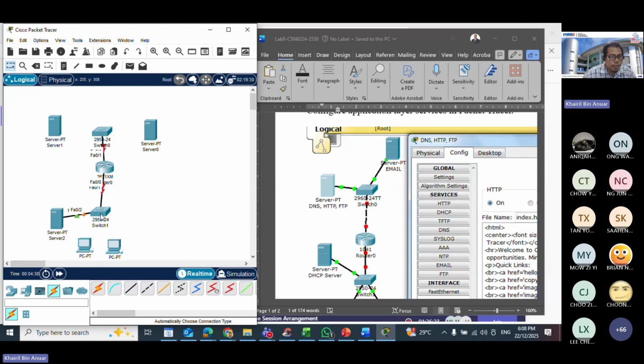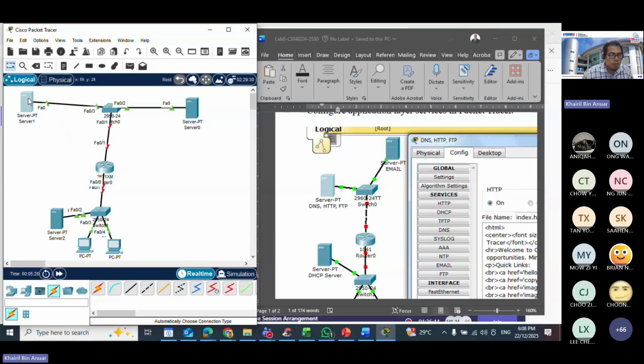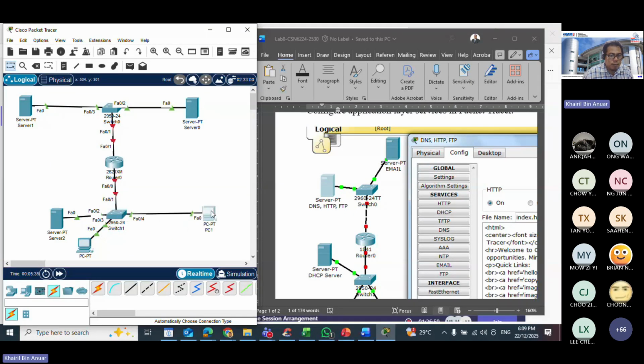This one connects to here, this one to here, this one to here, this one to here, and finally this one to here. Then what I suggest is to rearrange this so that you can see it much more clearly. We just put it over here.